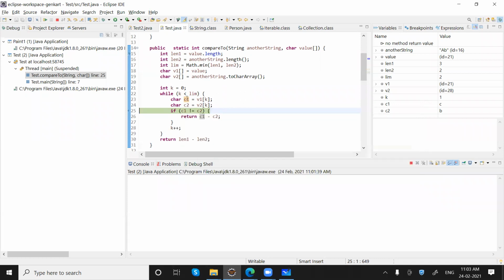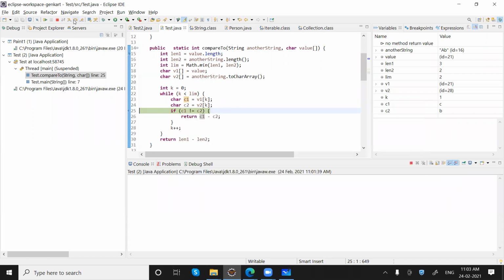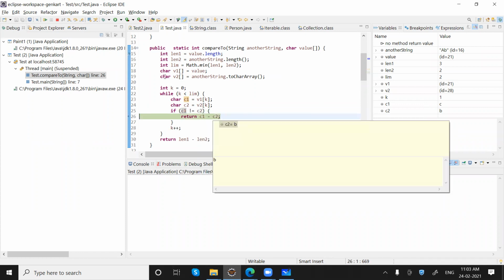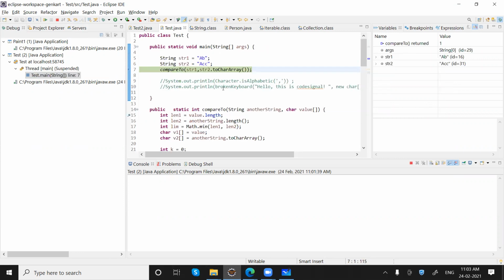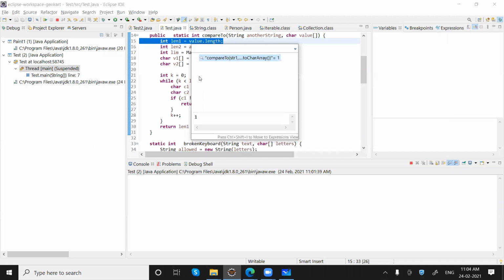Now again we got C and B, which is not equal. So it will subtract B from the C value. You can see here, in C1 we have C and in this we have B. And finally it is giving us a value, which is 1.